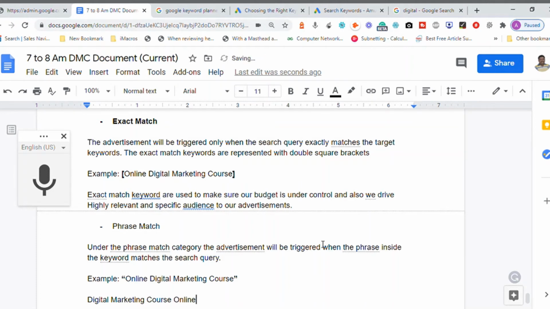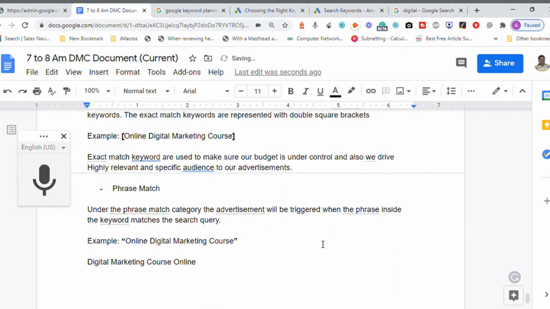So online, digital, marketing and course, all these 4 different words are used in different positions, and the advertisement will be triggered. So when people combine these in different angles, but without missing a single word, your advertisement will be shown. So this is basically called the phrase match.